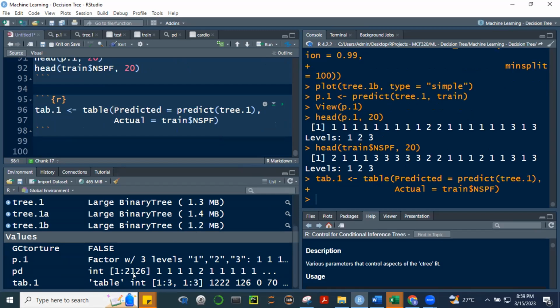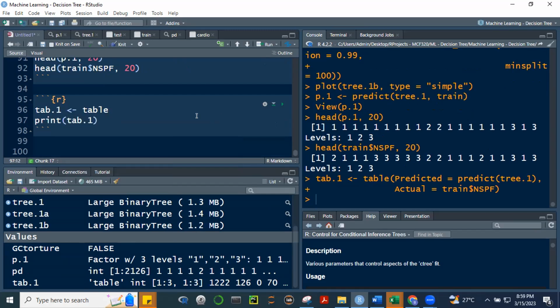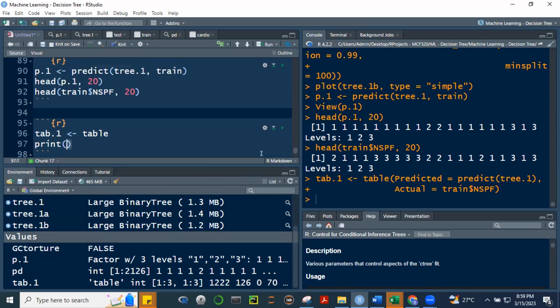Okay, you now have this. It's a table, no? It's a table, and then so i-print natin. Let's print now our table. Print, or just type tab.1. Ay, asan na yan? Na-delete ko ba? Okay, Control Z. Na-delete ko, sorry.